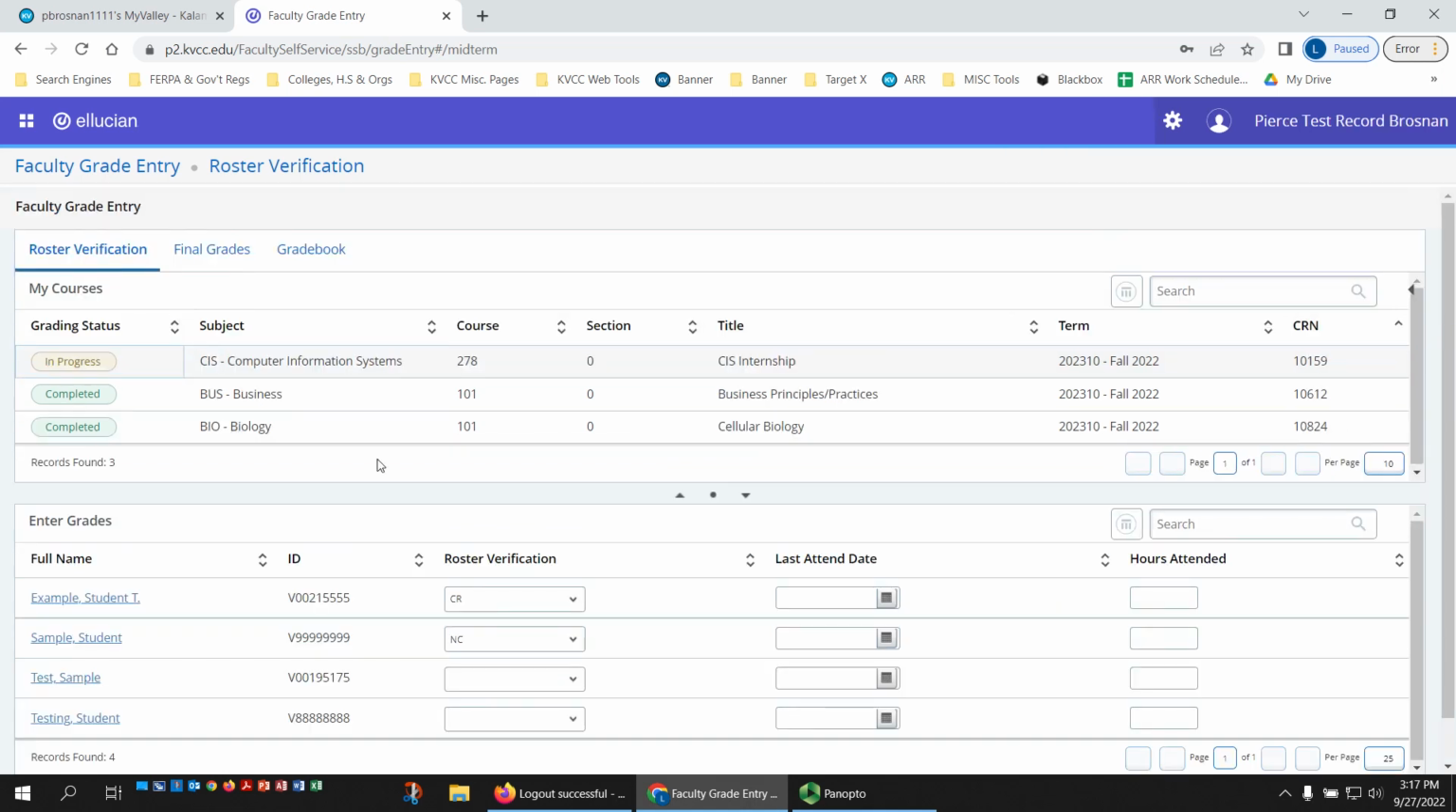For those of you who will have the credit, no credit grading mode, you will choose credit for students who have met their attendance standards, and no credit if the student has not met your attendance standards. And again, identify that for each of the students